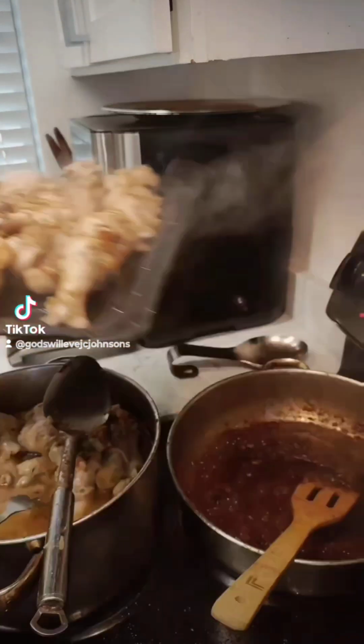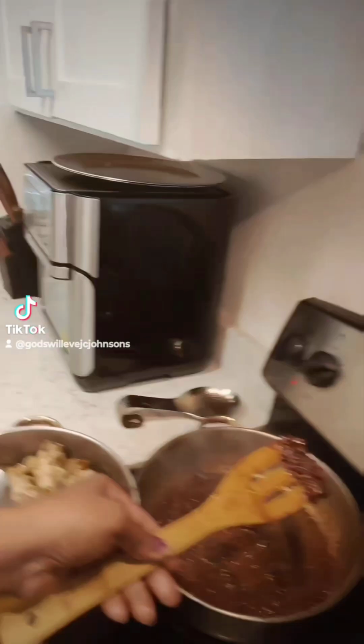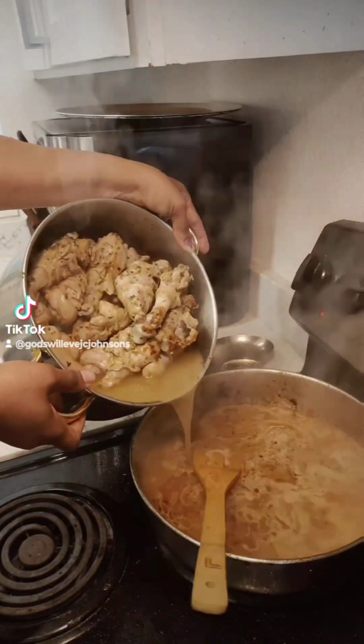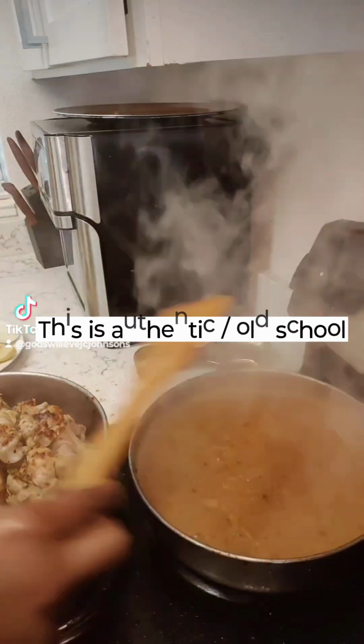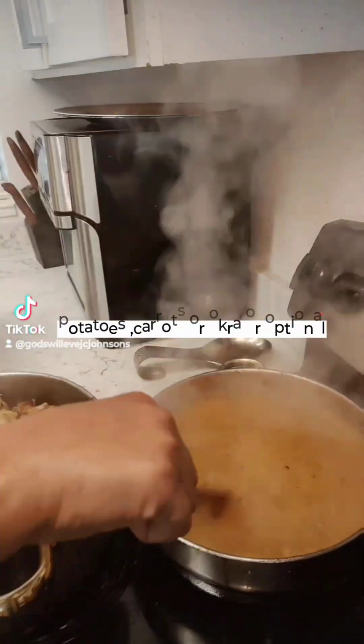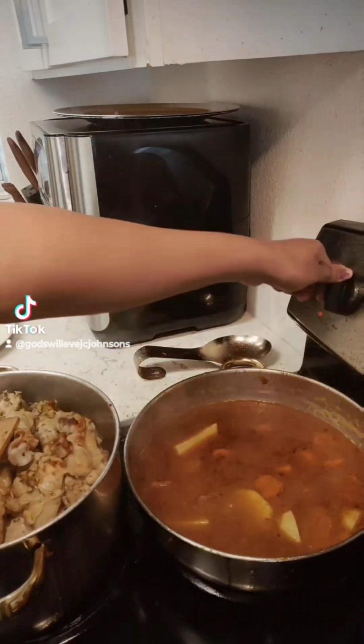Or you could add a little sugar if you don't consume tomatoes at all. You could add a little pinch of sugar in the oil. Once it's turning brown, you just drop your chicken. It will take perfect color. But I didn't want to do all of that. I just poured some of that chicken juice, and I'm going to dip the chicken in that juice. Before I do that, I add potatoes, carrots,